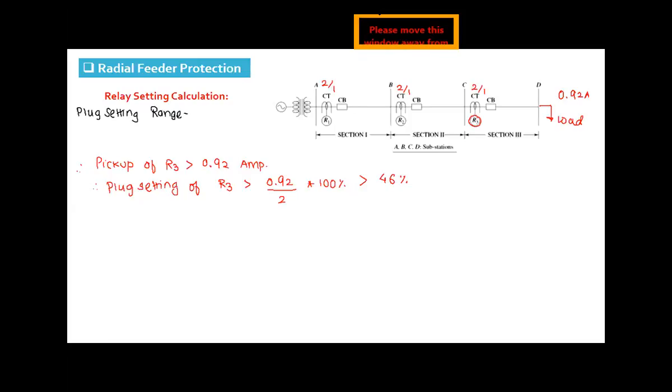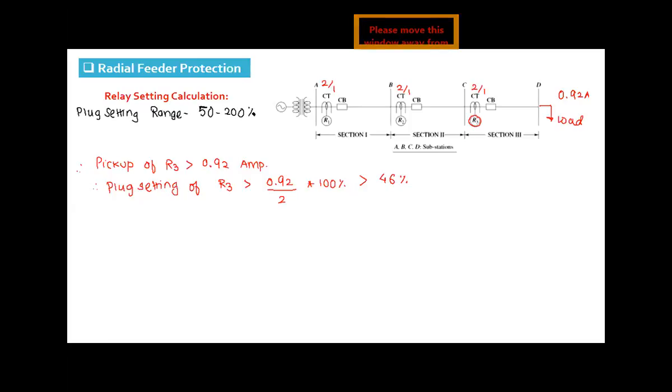Anybody remember the range of plug setting in phase relay? Last time we have seen it in relay nameplate. Relay nameplate में भी आपको दिखाया था. It is 50% to 200%